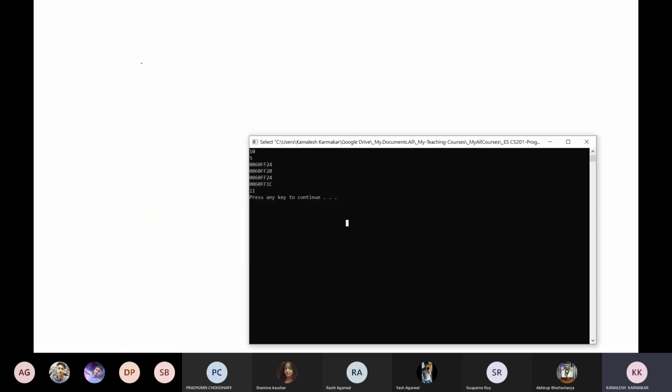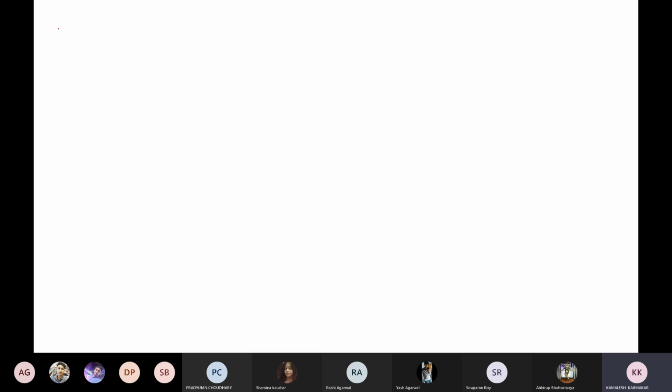We have executed the program. The value of x equals 10. If you recall the program which we have written, here the value of x equals 10.